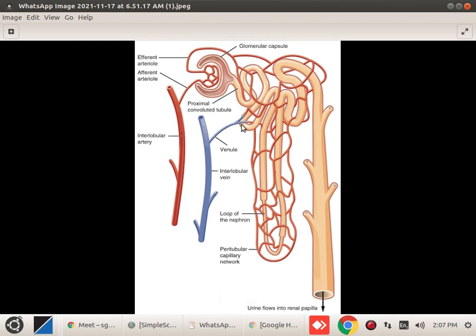So to ensure that, the last process taking place is what we call tubular secretion. Does it never come to your mind, now that tubular secretion is done, then what happened? Obviously everyone's answer will be, Ma'am, then after that the urine passes out. No doubt, the formation of urine.